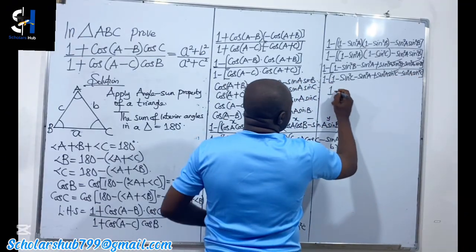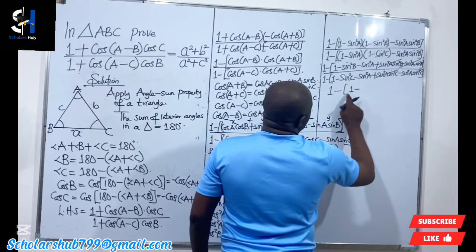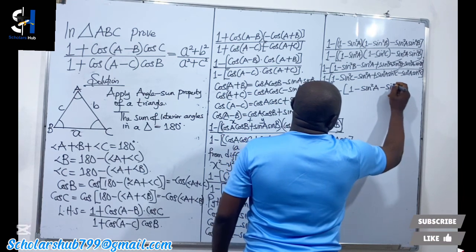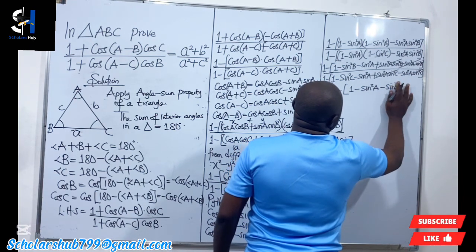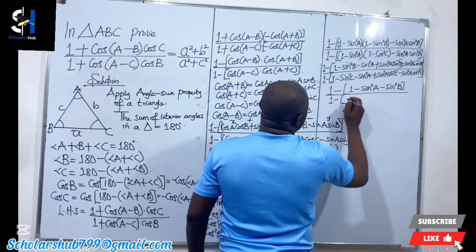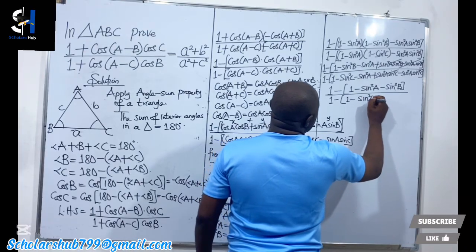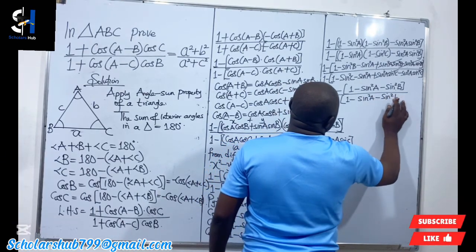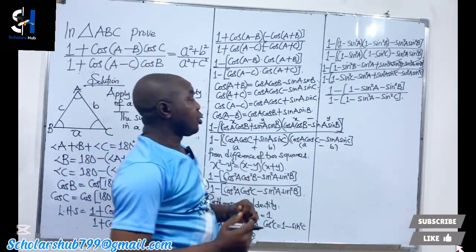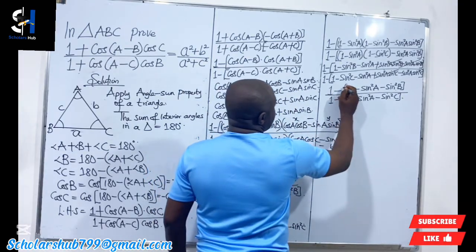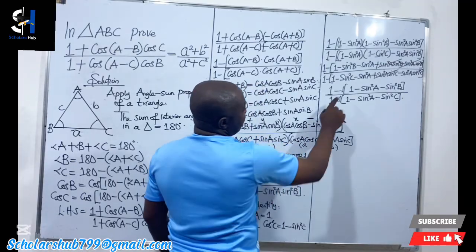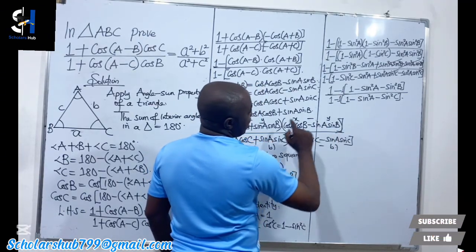So this will now reduce to 1 minus square bracket 1 minus sine squared A, okay, minus sine squared B, all over 1 minus, open square bracket, 1 minus sine squared A minus sine squared C. All right, so this is where we can now remove the square bracket. If we have minus 1 preceding the square bracket and we use it to